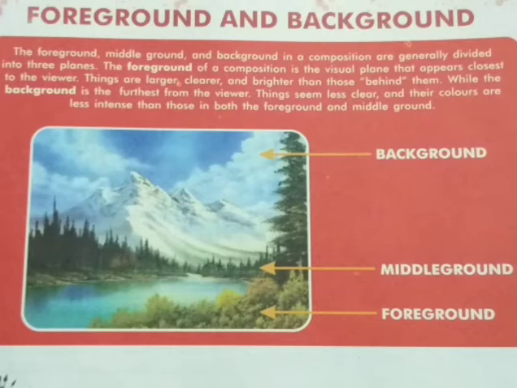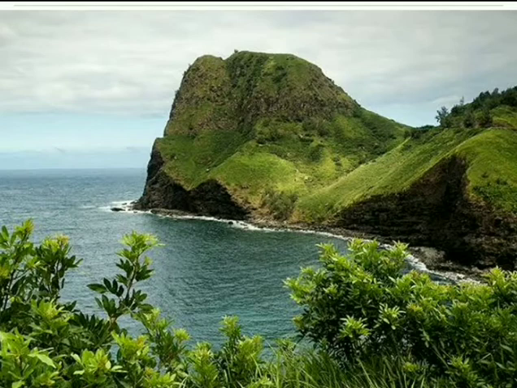So, children, it is explained here what is foreground and background. See the painting which is given in your book. Foreground means the ground that is seen. The ground means like when we click photographs. Any photograph we click, the part which is very near to us will be seen very clear and in detail. In minute detail, we can see the nearest view of the photograph.